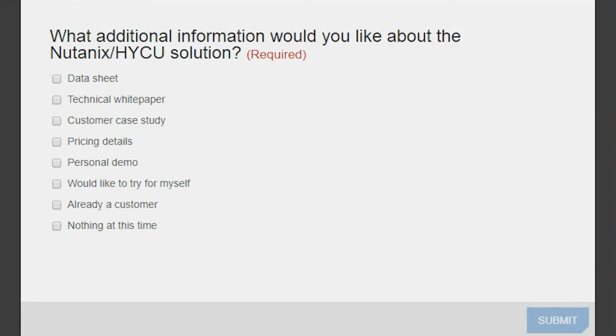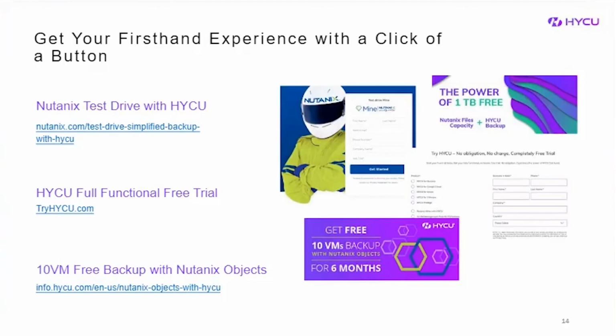Very nice. Very nice. Sounds like there's just a ton of possibilities here with Haiku. Before you go, I want to bring up this slide again that talks about the Nutanix Test Drive with Haiku. If people go to tryhaiku.com or the Nutanix Test Drive with Haiku, can you walk us through, again,